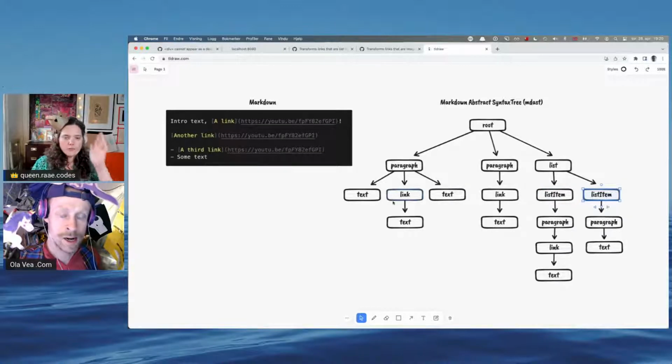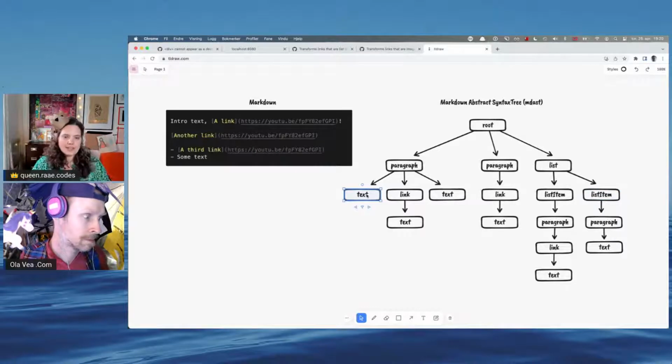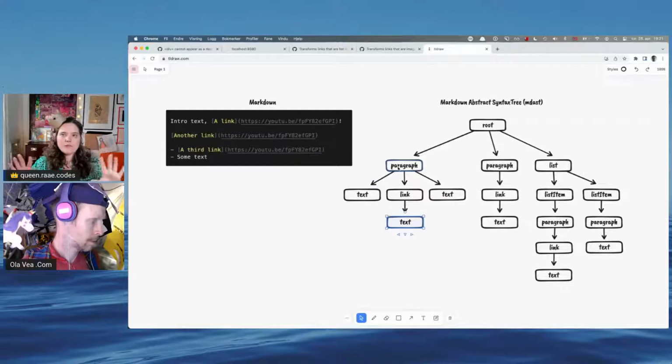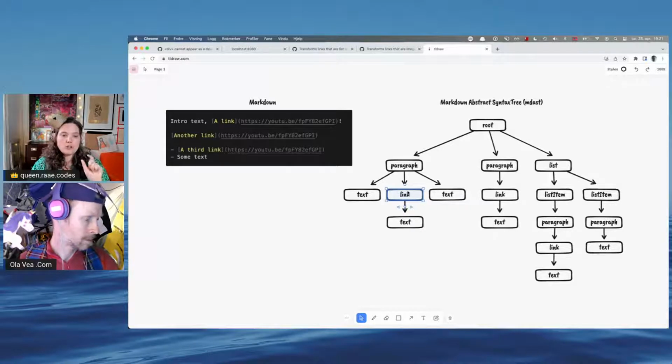We can go further down the tree, and we see that text is as far down as we can go. A text node cannot have any children, it looks like. But a link node has a child that is text. Here I've only written the nodes out, but a link node has a field called URL.